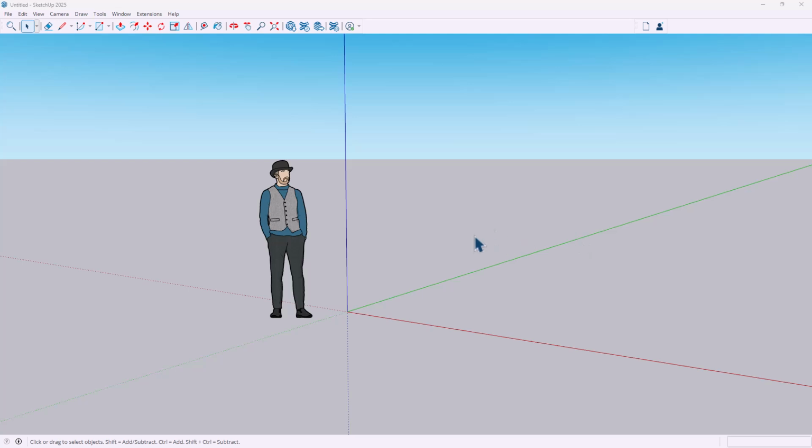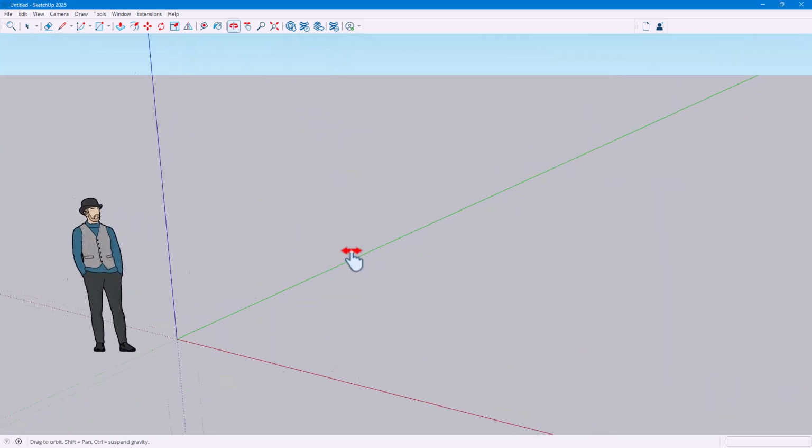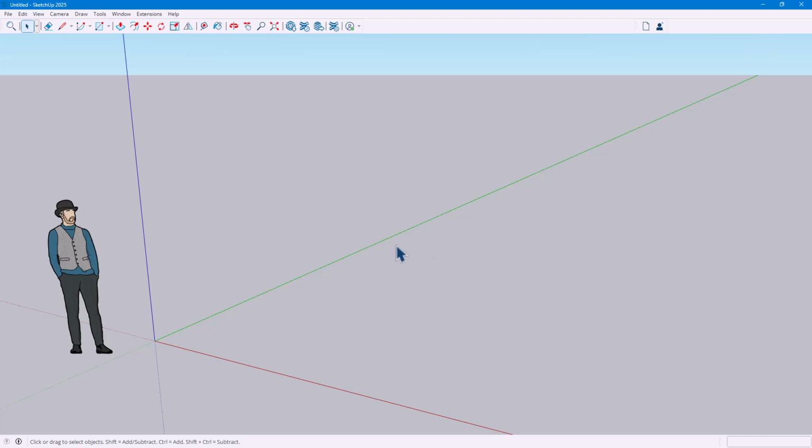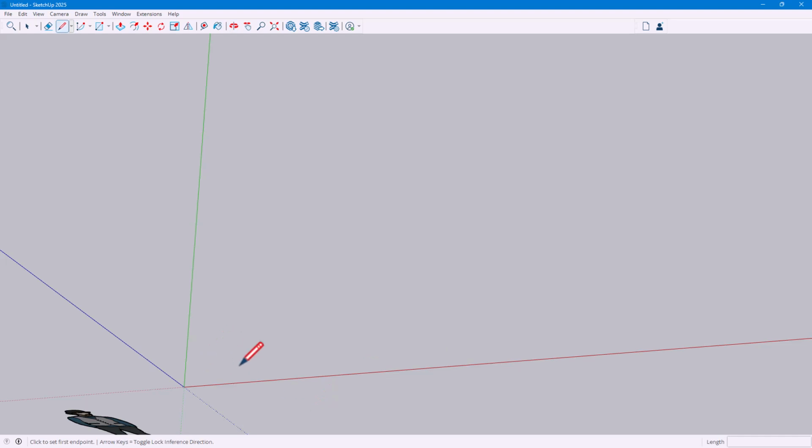So in SketchUp, in order to start designing something, you can utilize something called the line tool. To do that, over here on the top, you can see that lines is an option represented by this pencil-like icon right here. Now I can simply rotate by using the middle mouse button, and then I can start drawing. Let's say, for example, I can draw freehand, and as I draw around, you can